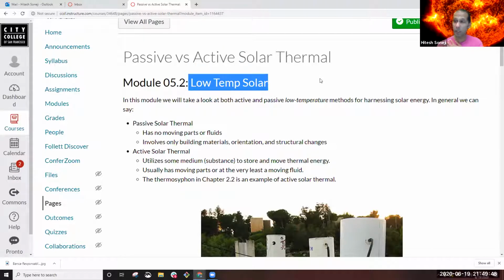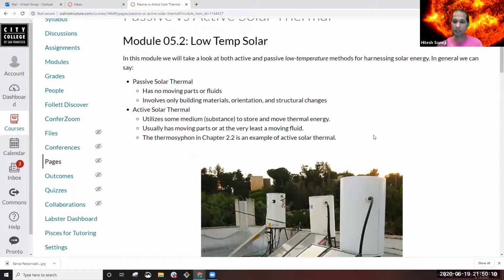Next week, we're going to talk about concentrating solar power. That is high temperature solar. And then the third one is photovoltaics, PVs. And we're going to talk about that in a couple more weeks. So these are 3 main ways of harnessing solar. It's low temperature solar, high temperature solar, and PV. These are distinct basically based on their technology, the complexity of technology, and what you can get out of it.